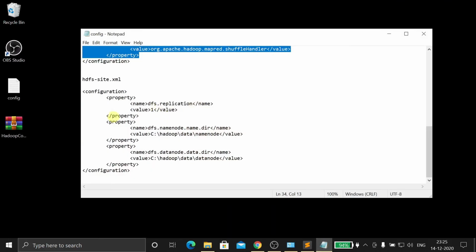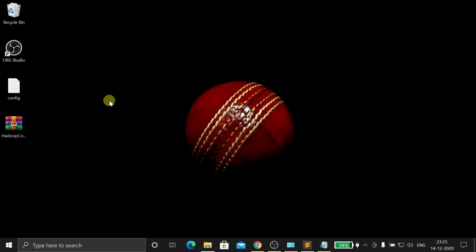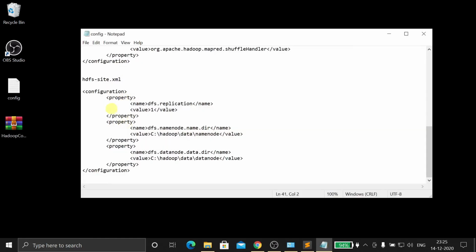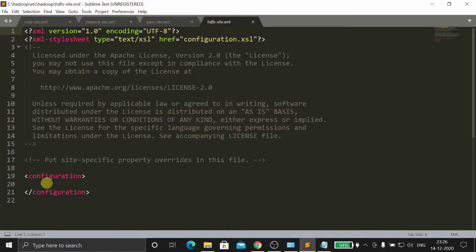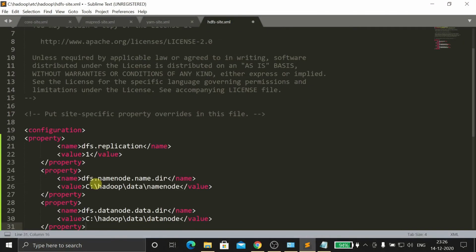Now open this configuration file. This is the hdfs site.xml. So from property to property, simply copy, open this folder and paste.